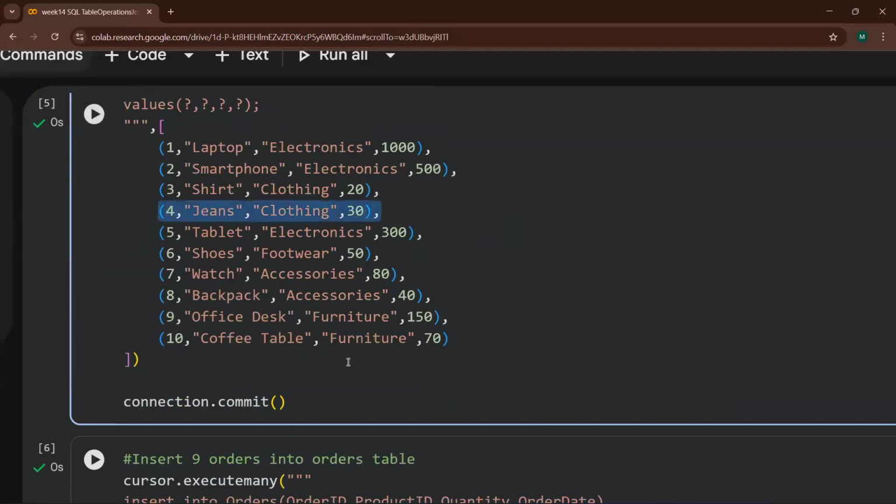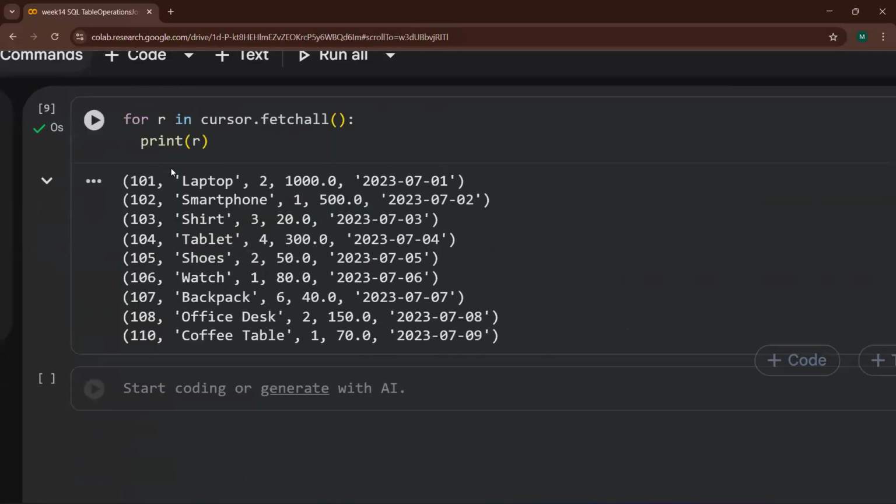It was having jeans, clothing, 30. You will not find jeans over there. That is inner join. Only the things which are common, that will only come at the output. Is this thing clear, everyone?